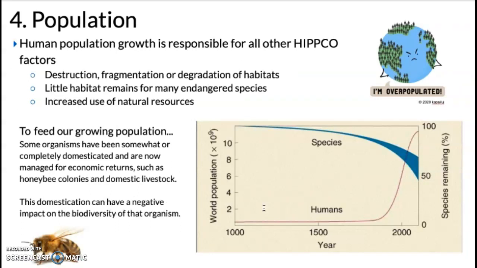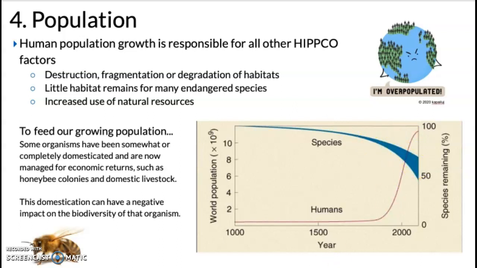Human population is really the major cause for all of the other factors of HIPCO. As our population size increases, we're going to see an increase in all of the other factors. So we have increased habitat destruction, fragmentation, and degradation of habitats. We have little habitat remaining for endangered species, and we have an increased use of our natural resources. So as our human population starts to increase and our resource needs increase, we've seen a reduction in species over